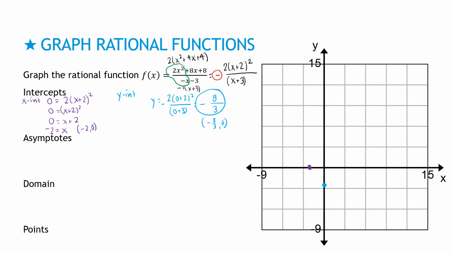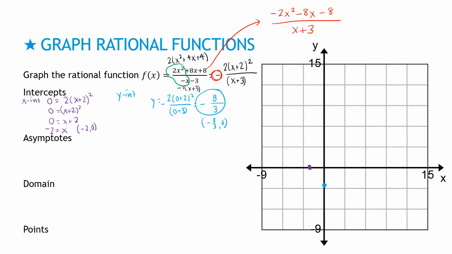Because I chose to move this negative out front, I'm going to think of this function as negative 2x squared minus 8x plus 8. I want the negative to be reflected in my question. I can't just totally ignore it when I do synthetic division. So I'm taking this divided by x plus 3, using synthetic division